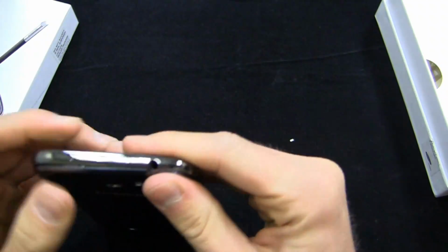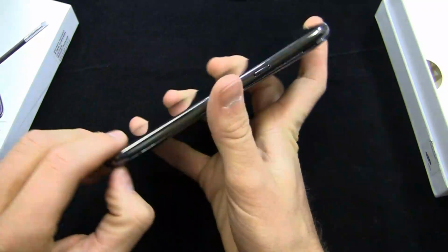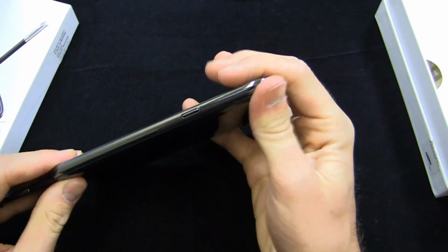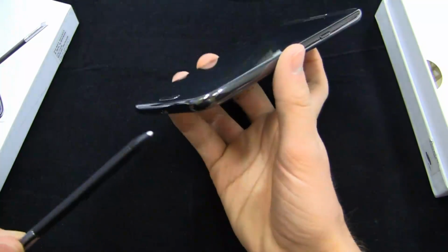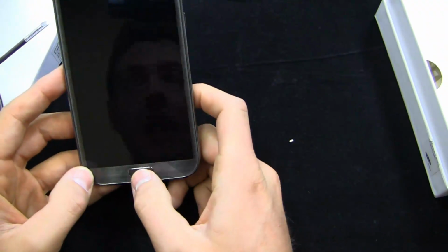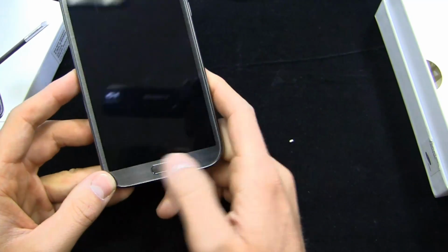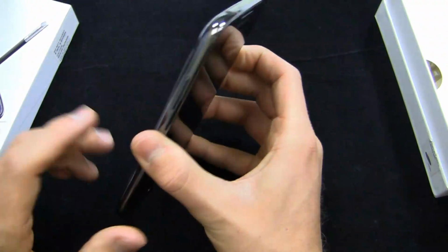You're like, shut up and get to the review or the unboxing. And initial hands-on. So you can see the S Pen here as well. On this side, power button, 3.5mm headphone jack up top, your new revised S Pen, very similar to the S Pen on the Galaxy Note 10.1. Button down here, again, physical button, very similar to Galaxy S3. You've got 2 capacitive buttons over here on the side, front-facing camera,